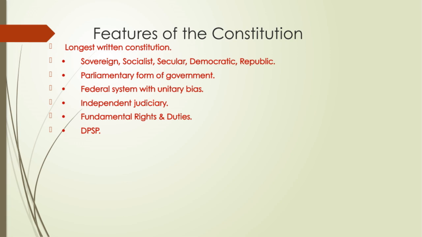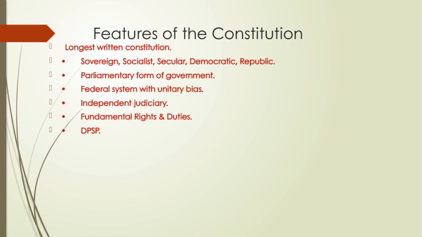It ensures a system of responsible governance. Our country also adopts a federal structure, which means power is shared between the central government and state governments. However, it has a unitary bias, so in certain situations, the central government holds more power to maintain national unity. Another crucial feature is an independent judiciary, which acts as a guardian of the Constitution and ensures justice is